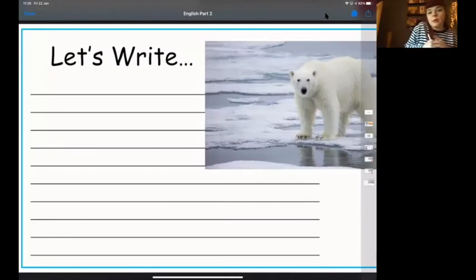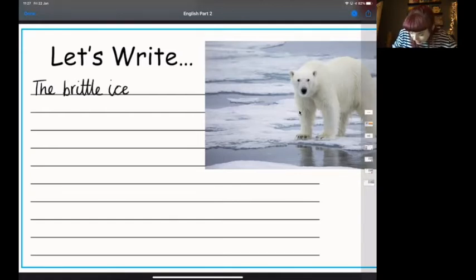Now, like we were talking about before, a poem is going to set the scene. So let's try and set the scene of what's happening at the moment in this picture here, okay? Let's start with the ice underneath a polar bear's feet. Now, I want to use an adjective to describe the ice. And when I think back to my word bank, I've got the word brittle, okay, which means it's very easily broken, it's very fragile. So I'm going to start off with the brittle